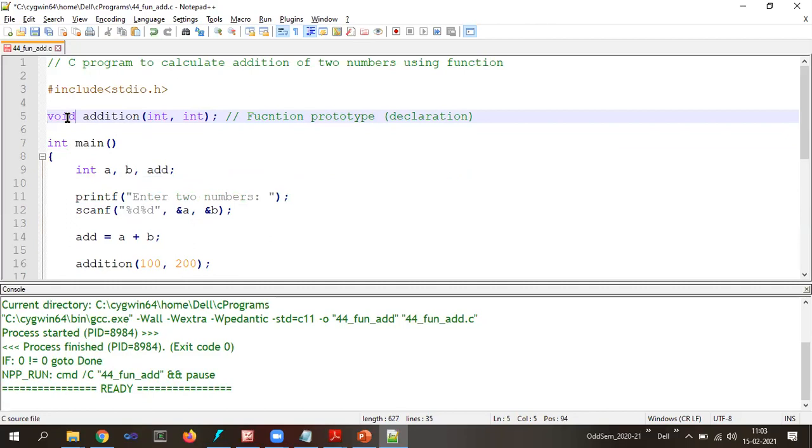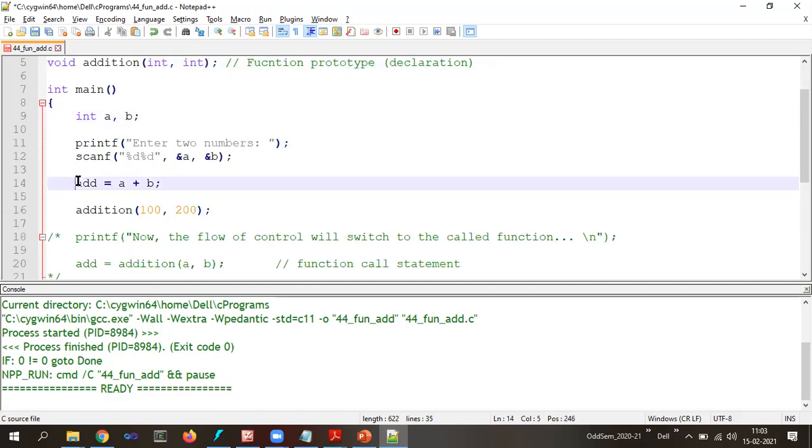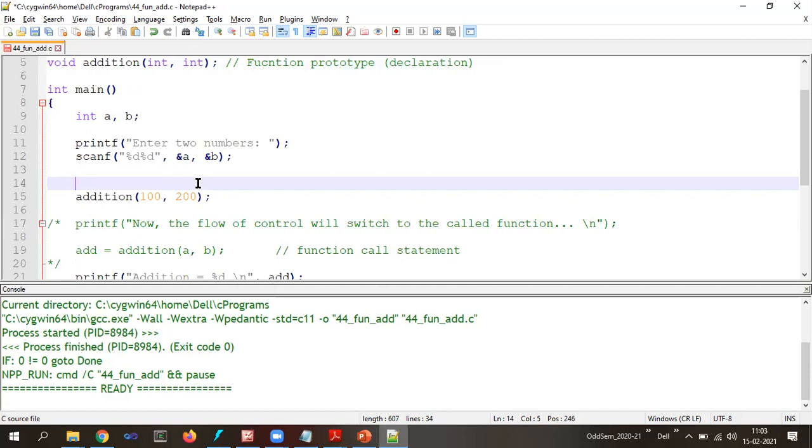When we specify void as a return type, it indicates that the addition function is not returning anything to the calling function. Okay, the same way I will proceed here. I will remove this one because I'm not going to take anything back. Then we will remove this statement also.